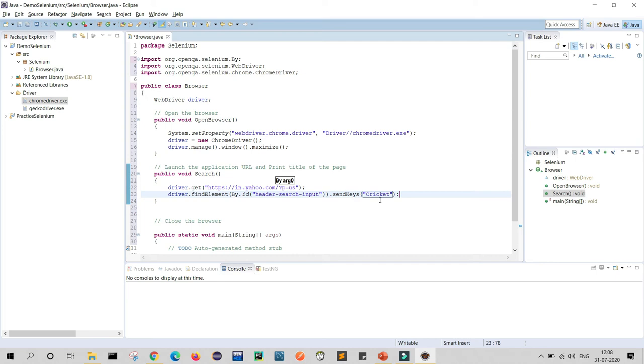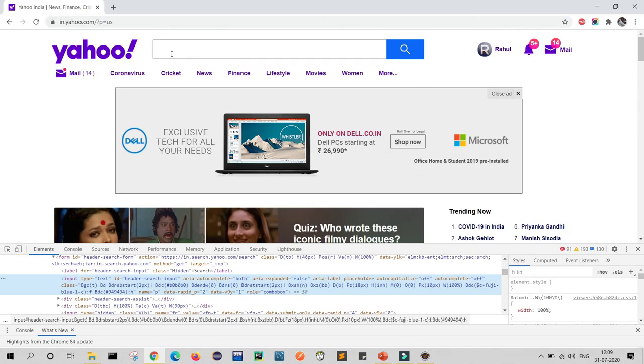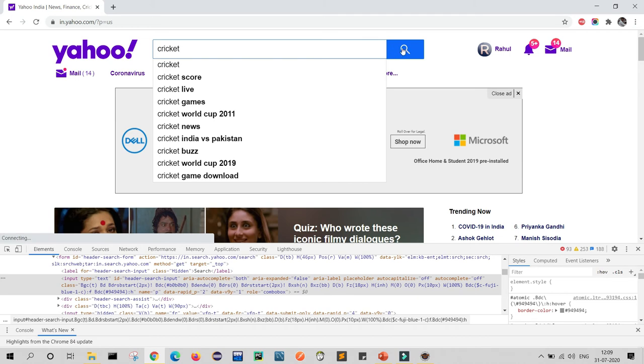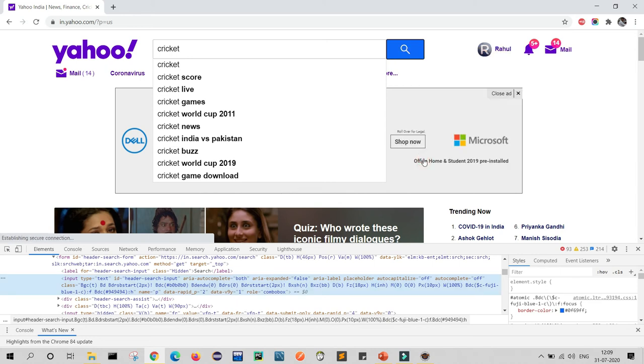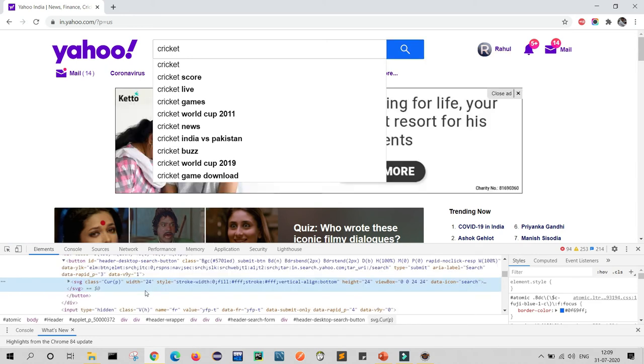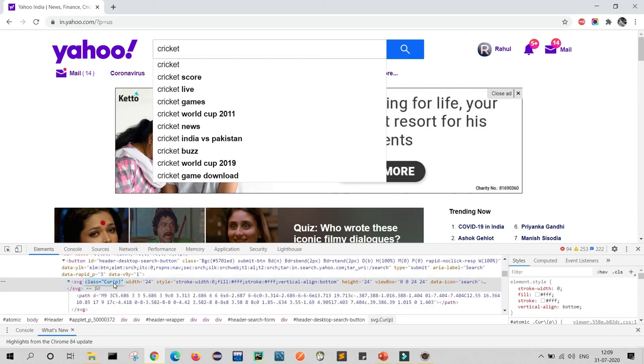Now what will I do? Once I type cricket here, I will click on this search button. So what will I do? I will right click on the search button, go to inspect again, and let's see what type of locator is here. So here is the class, you can see the class. So I will use the next locator as class. So just copy this class name,